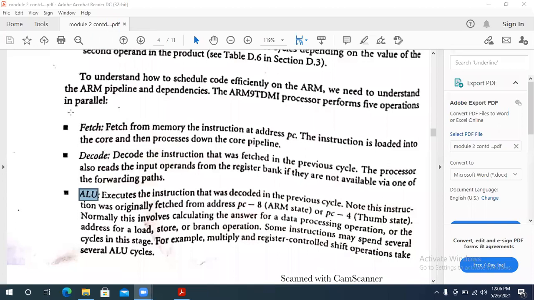Visible. Okay. So fetch and decode is over. In fetch, we just take the data from the memory and keep it in the PC. Second one is decode, which means whatever data is taken from the fetch is to be converted to the machine level language and sent to the ALU unit. ALU means here only we do our main operations. So in this we execute the instruction that was decoded in the previous cycle. Previous cycle means this is called the previous cycle here.